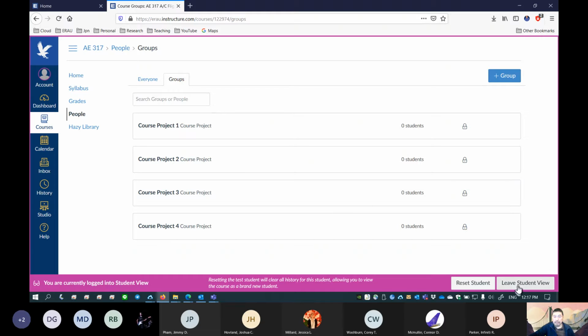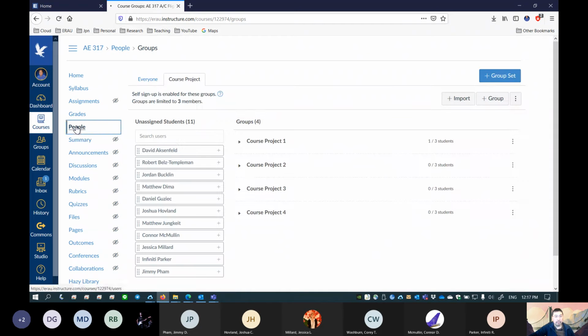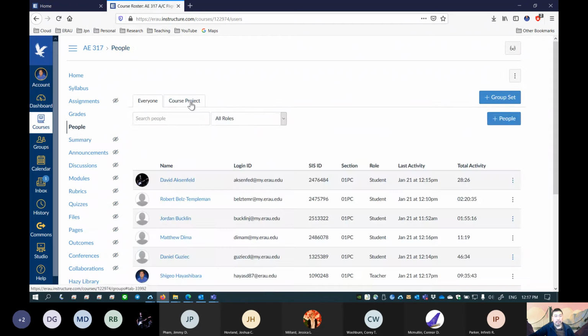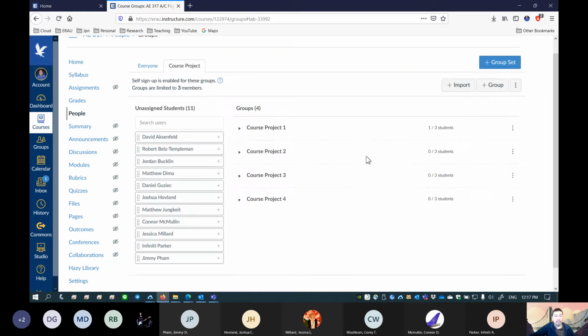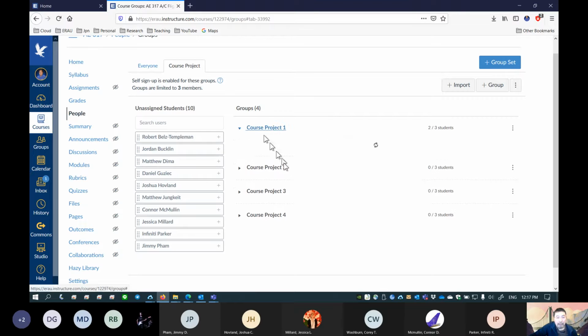Actually, if I get out of student view and then go to People, I can take a look at it. Okay, here we go. So 1, 2, 3, and 4 teams. I can sign up David to project team 1 right now. Can I do that? Yeah, I did it actually. Look at that.